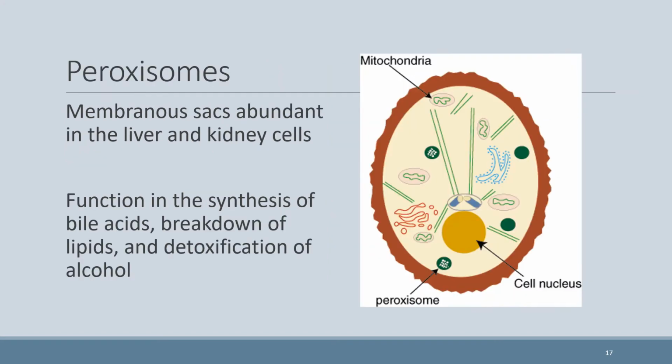Peroxisomes are very similar in appearance to that of a lysosome. It's a membranous sac that's kind of free-floating within the cytoplasm. They are abundantly located in the liver and the kidneys, and their function is to synthesize bile acids, which will help to break down lipids and also detoxify alcohol. Again, we can understand why the liver and the kidneys would be important for them to have a large quantity of this particular organelle. The liver's job is to kind of process or break down all the nutrients that we're consuming, and also,